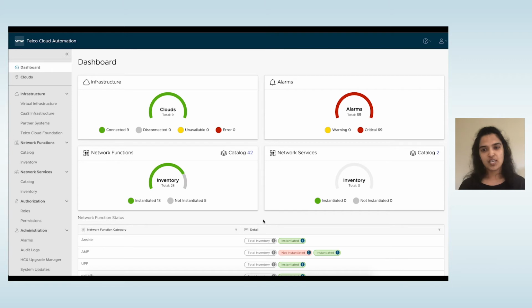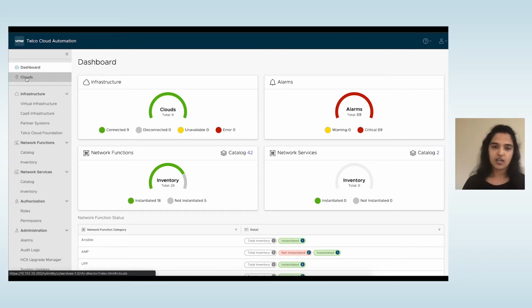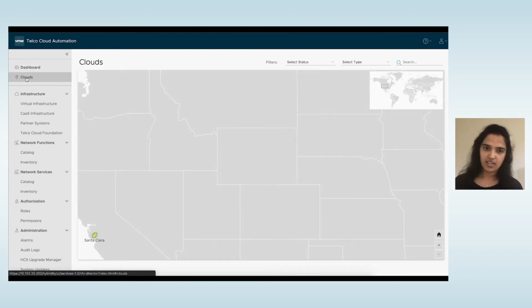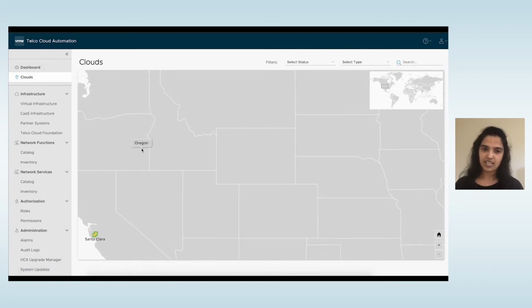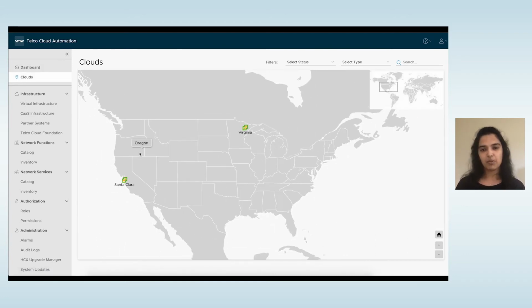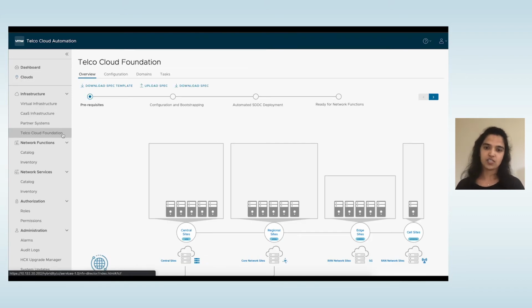You can also see the alarms as well as the cloud status, all the clouds that have been registered here. These clouds don't just exist in one geographical location. They can be spaced across various locations, so that when network services are deployed, they can not only be in one location but can be deployed across locations.